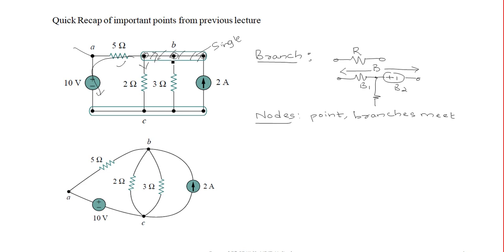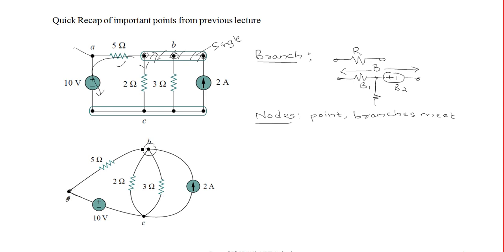Its replica is given here. You can consider point B. You can see clearly here point B, where the 5 ohm, 2 ohm, 3 ohm and 2 amp elements are connected. And they have taken node A. You can skip node A also. You can include this 10 volt for node B as well. If I discard this A here and just continue like this, it is also correct.